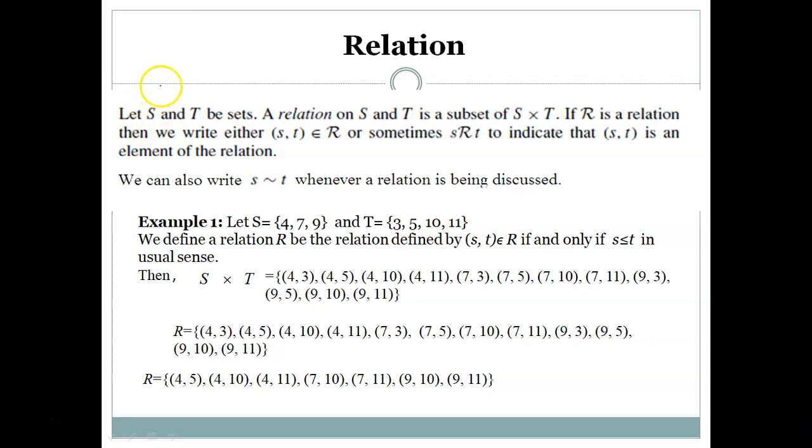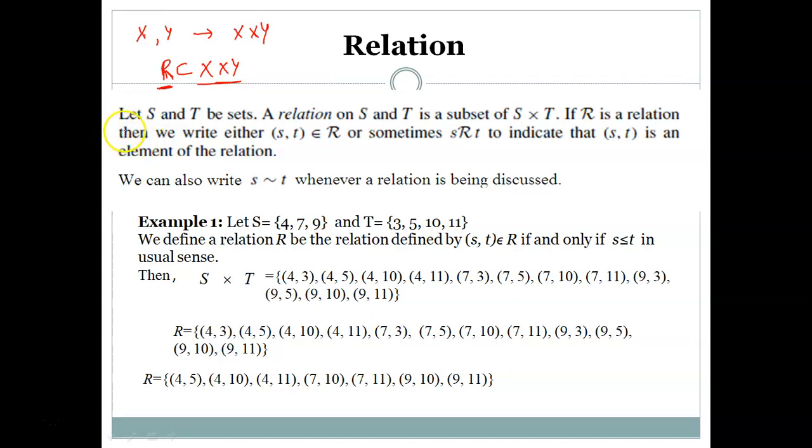Generally, all of you know what a relation is. A relation is a subset of a Cartesian product of two sets. Suppose you have two sets X and Y, and their Cartesian product is X cross Y. Then the relation R is a subset of X cross Y, and it has different representations.